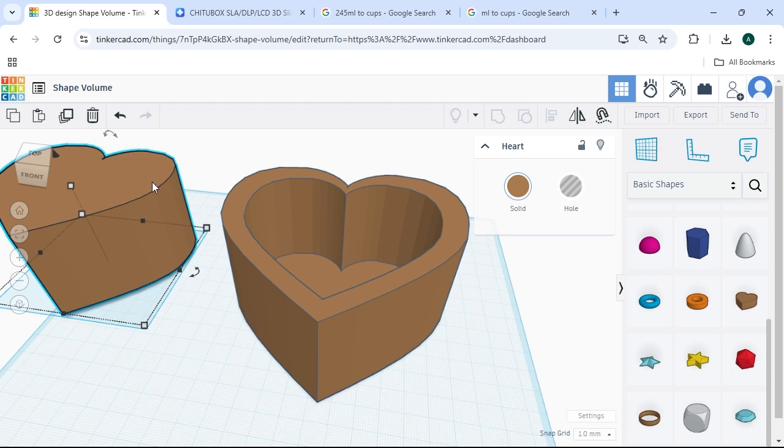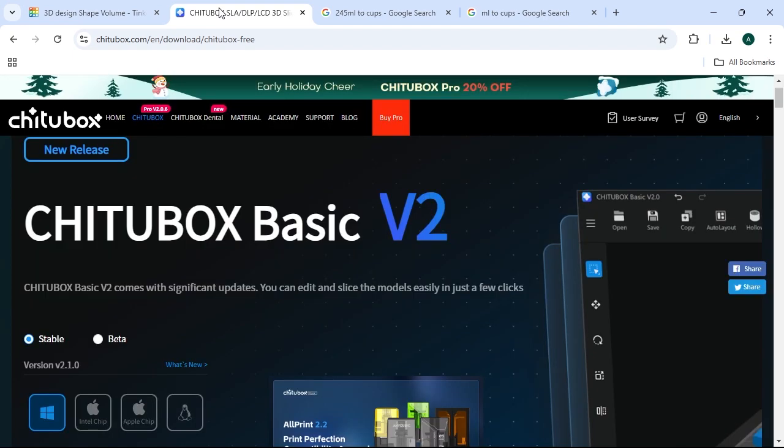piece. To find the volume of this piece, what you'll need is a resin printer slicer. A resin printer slicer uses liquid resin to print, and so it has built into it a volume calculator so you know how much filament, or how much resin in this case, you are using. I'm using this Chitubox Basic. It's totally free to use. When you go through and set it up, it's going to ask you to select the printer,